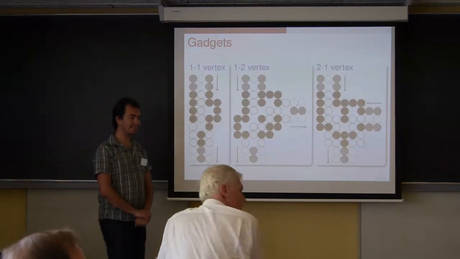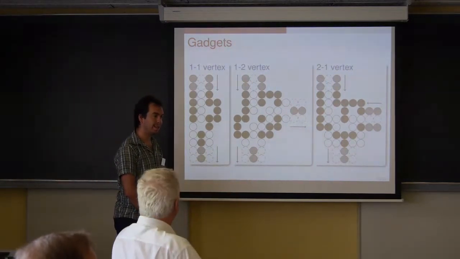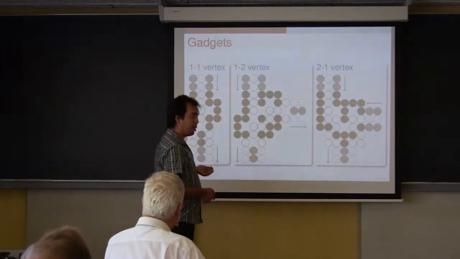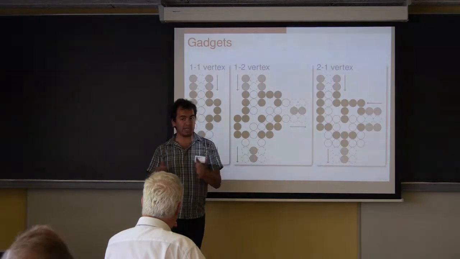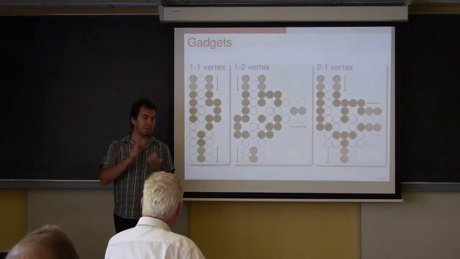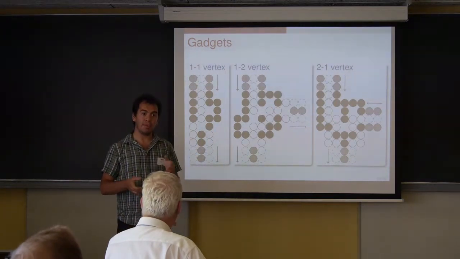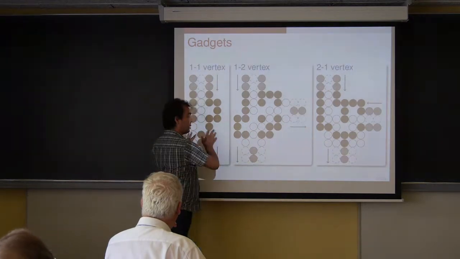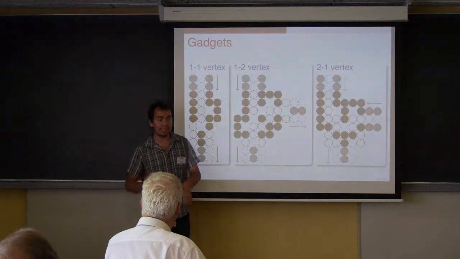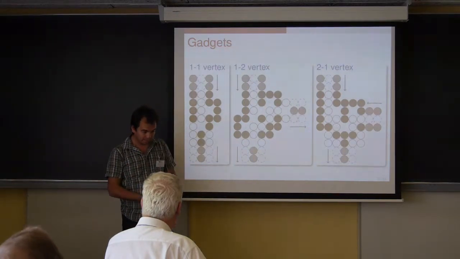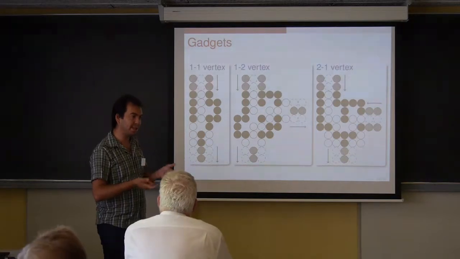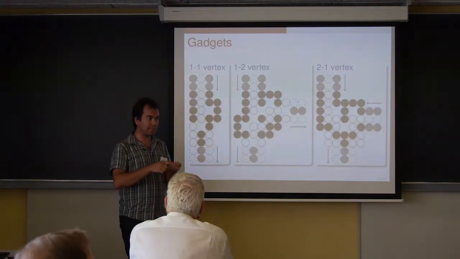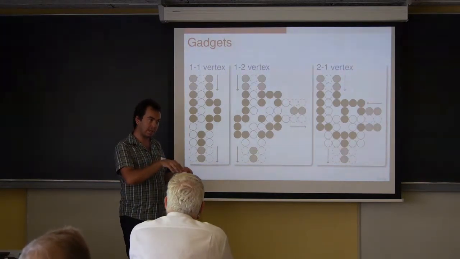Maybe final question? Yes? How about the situational superko? The same? Positional superko? Repeat the question. So the question is whether the difficulty with Chinese rules comes from the positional superko or situational superko. The difference between those 2 things is that in one of the 2, it's the same position of the stones on the board, and in the other one, it's the same position and the same player to play. I don't remember which one is which, but I think situational is stones plus the player, and positional is just the stones. That's correct?